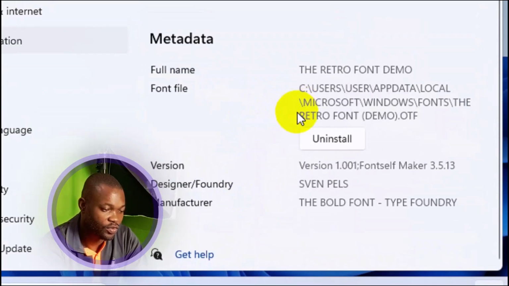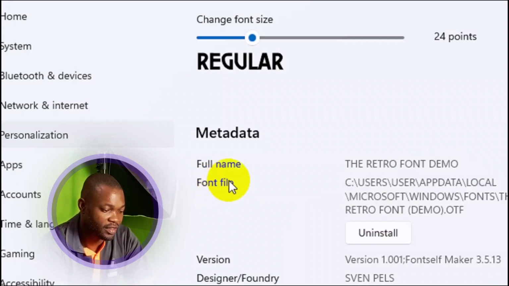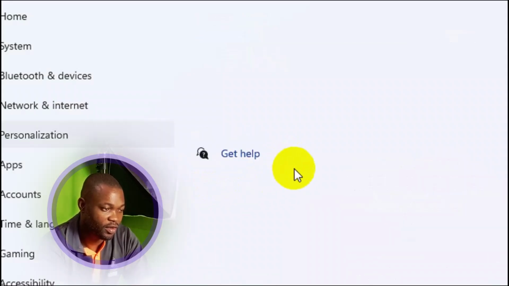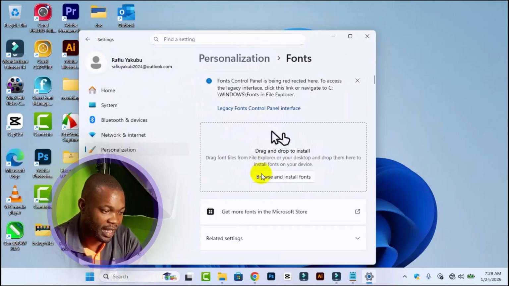The next thing you want to do is to go ahead and click on uninstall, and this is going to pop up right here: uninstall this font family permanently. Go ahead and click on uninstall, and then in a few seconds the font is going to be uninstalled from your Windows PC. So if I go back to my home settings right here, then I come down below right here,